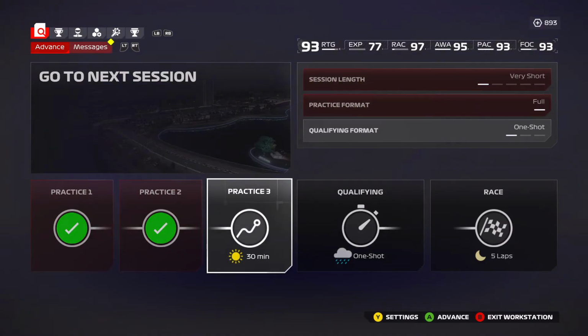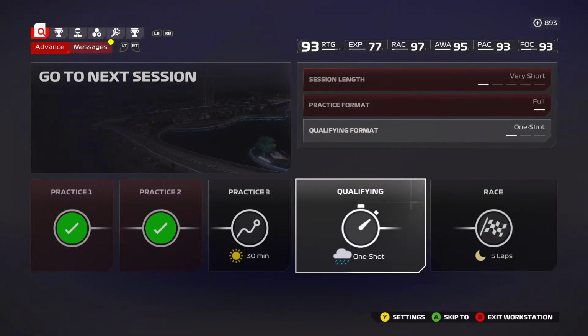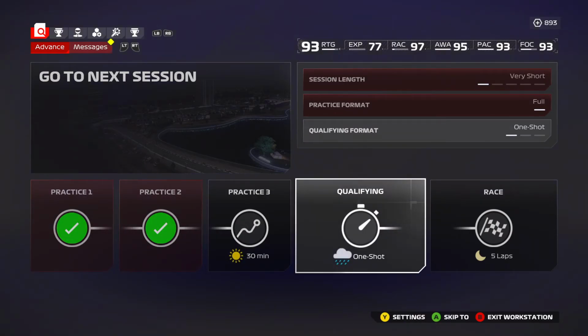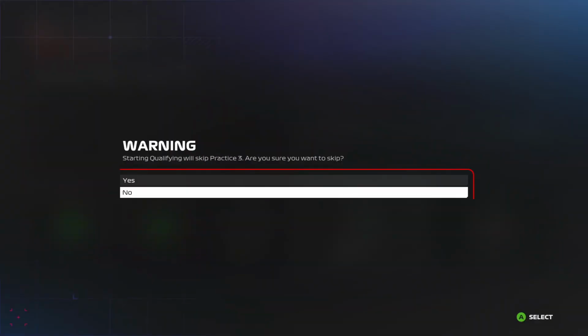However, if you want to skip multiple sessions at once, then you can do that by selecting where you want to go to. So let's say if you want to skip the whole practice, all 3 practices, then you can go to qualifying, and then you have the option skip 2. So you can confirm this option and then you will skip all of these,